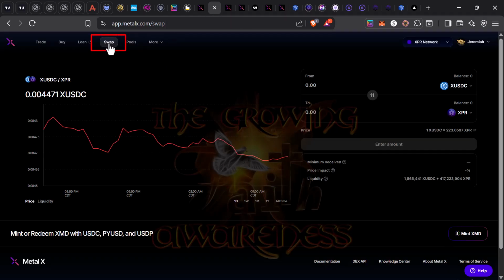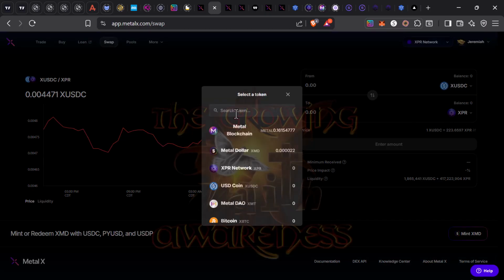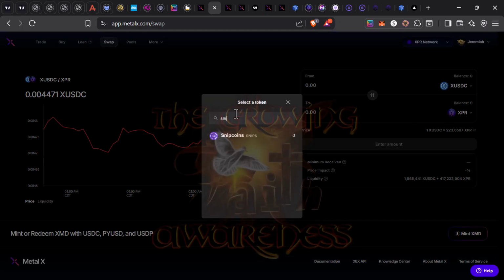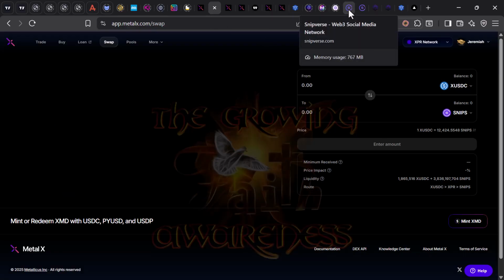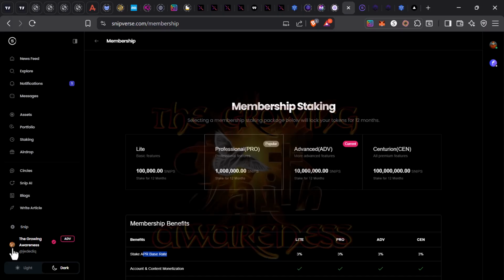So if we come over here to the swap function, see up here at the top, swap, you can do XUSDC to SNIP, and then you can purchase you some SNIP coins. Once you have those SNIP coins purchased, they will show up in your WebAuth wallet, and then you can go back to SnipVerse,